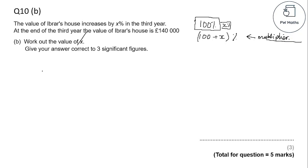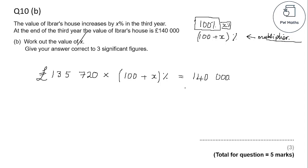Well, at the end of the second year, on part A of the question, if you remember, it said the house was worth £135,720. And what I'll do, I'll multiply that by my multiplier, which looks a bit fiddly up here, 100 plus X%. And I know the answer to that question. At the end of the third year, the value of the house equals 140,000. Once again, grab the Casio FX991EX and just type it in. 135,720 times 100 plus X percent. Alpha calc, 140,000. Shift calc equals, and it tells me X is